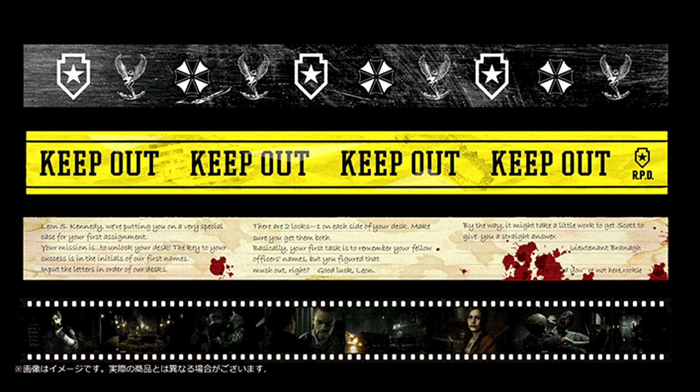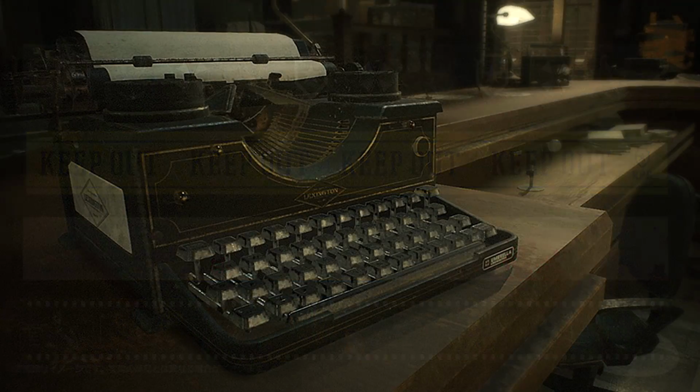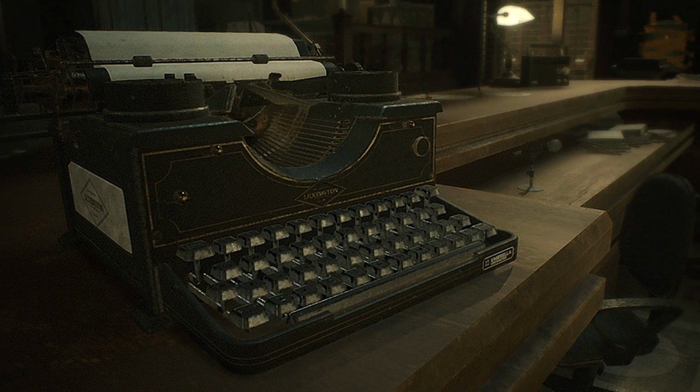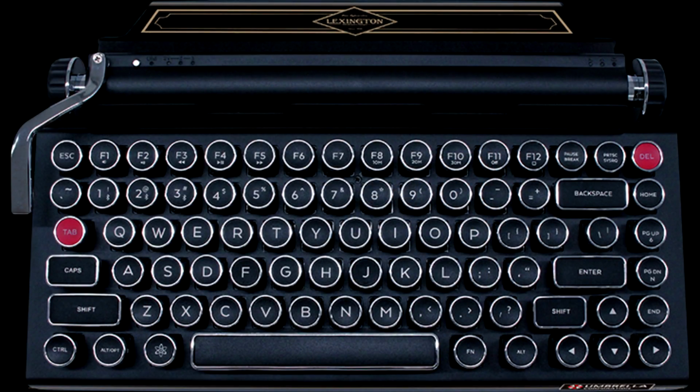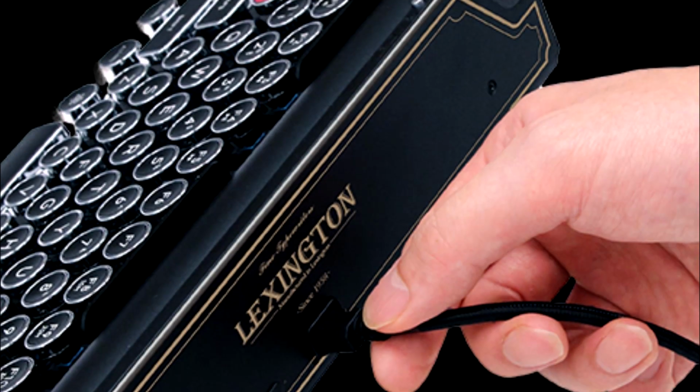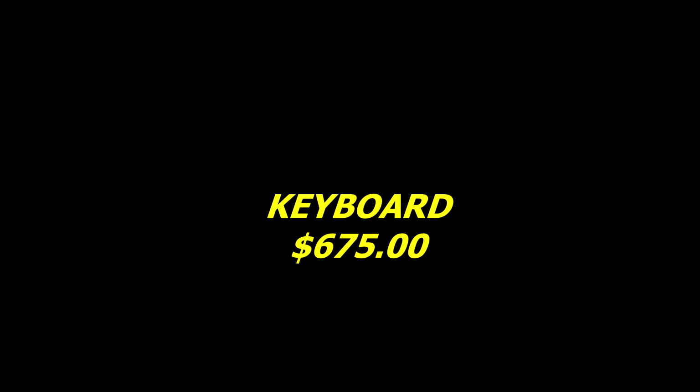However, what's making this premium edition cost so much more is the RE2 themed Lexington typewriter Bluetooth keyboard. You can actually buy this separately as well if you so desire, however it's not cheap. In fact, be prepared to spend 75,000 yen, which roughly translates to